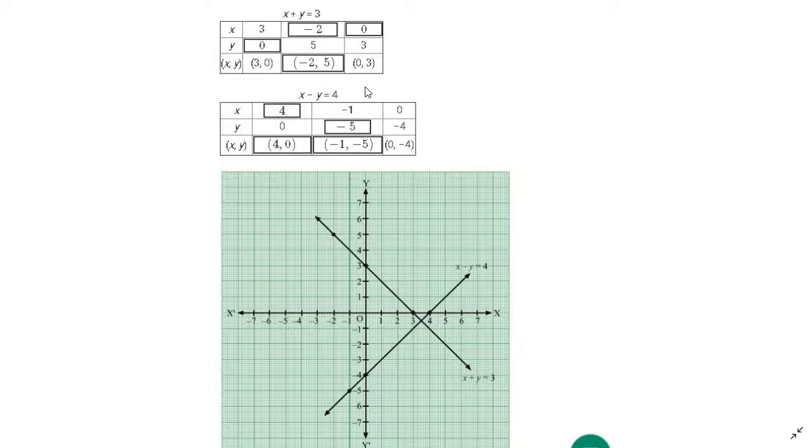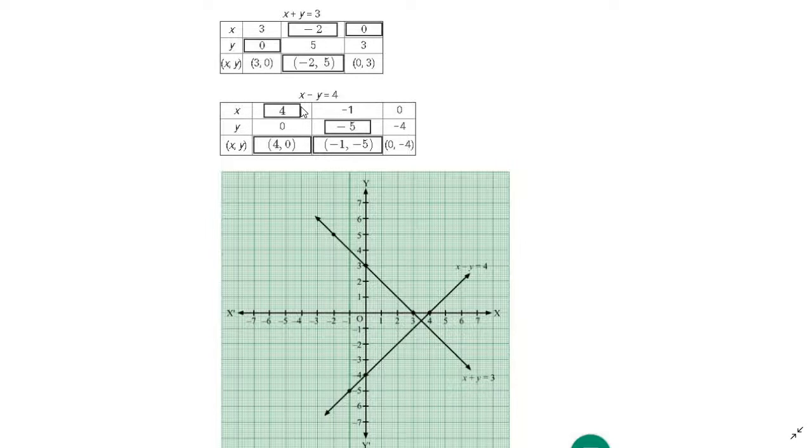For our assurance, we will see the third point. Does the third point lie on the same line? What is the third point? 0 comma 3 means x is 0 and y is 3. Where is x 0? x 0 is here. And y 3, where is y 3? Right here. So when x is 0, the point should be on the y-axis, right? So we are right here. The point is also on our line. Name this line x plus y is equal to 3.